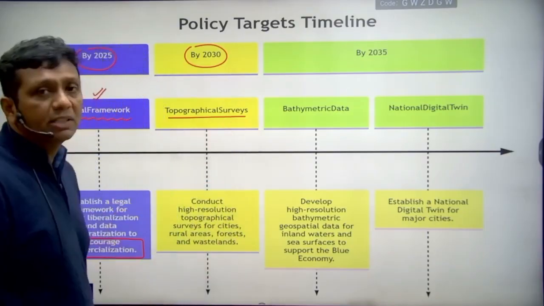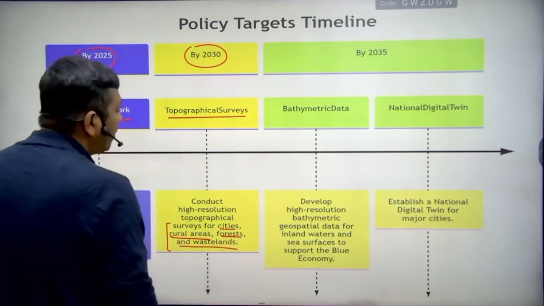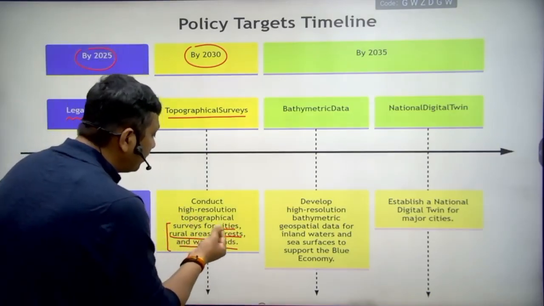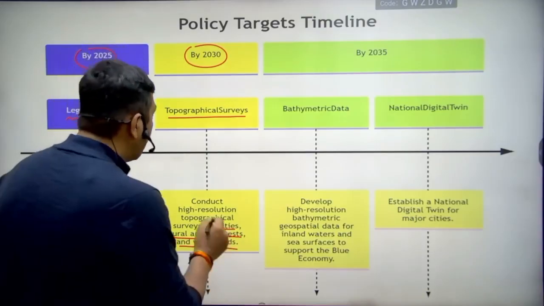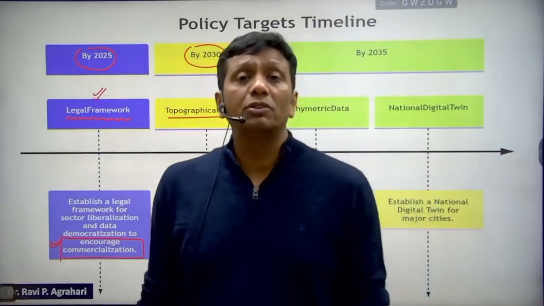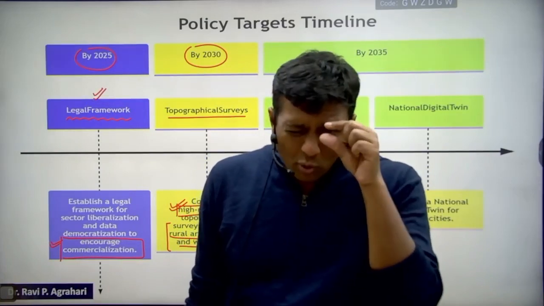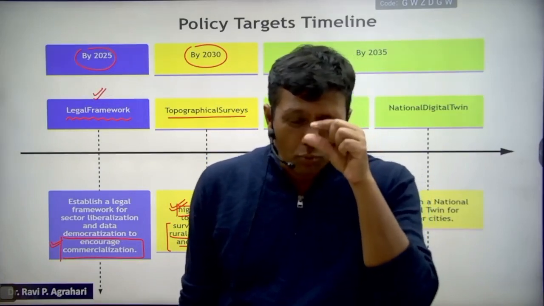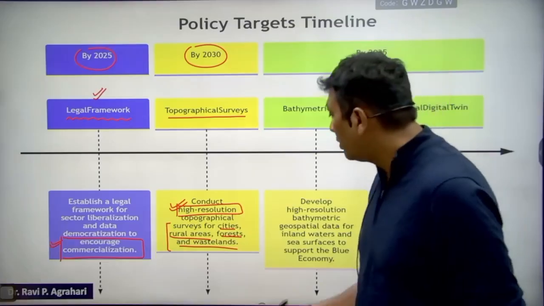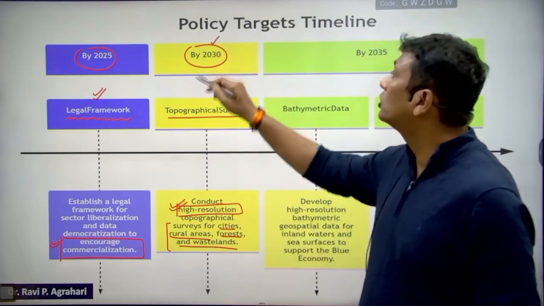By 2030, what about the motive? Topographical survey. Topographical survey means within any cities, even rural areas, forest and wasteland areas, you can check very well, guys. But you should be very clear: for the study of city based data, rural areas, forest and wasteland areas, you have to use high resolution cameras. You may ask, sir, what is the meaning of resolution? Resolution is that capacity through the help of which you can differentiate two very close distances. That is a better resolution. So in such a way, guys, in urban and rural areas you can identify the houses, buildings, forest, wasteland areas. This topographical survey also becomes possible by 2030.